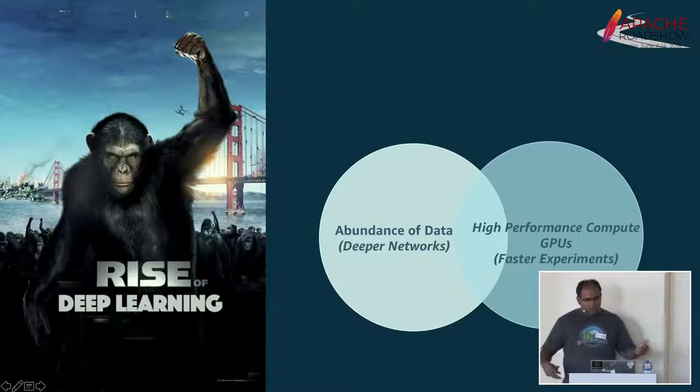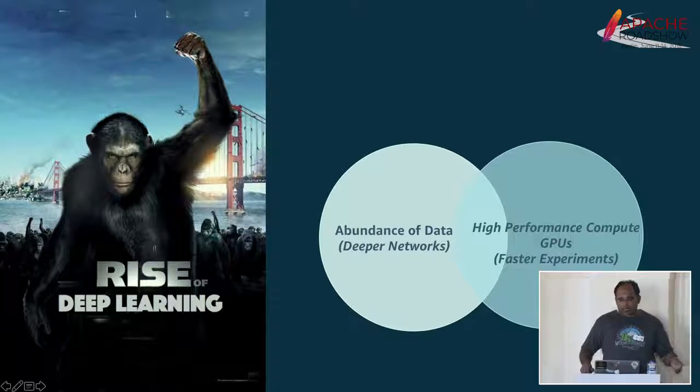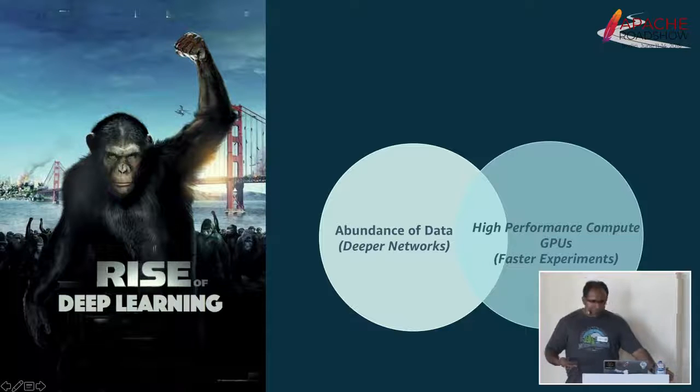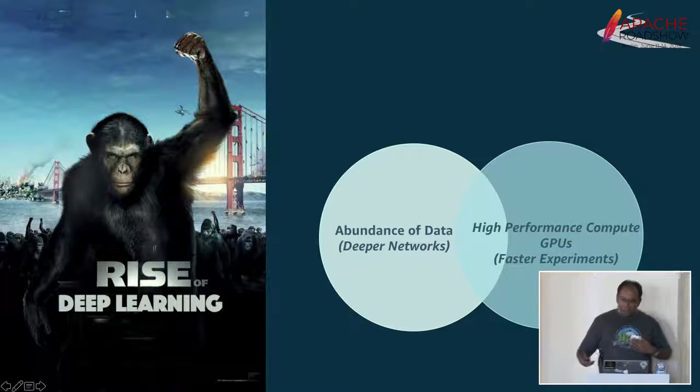And then you have high-performance compute. Here I mean GPUs. General-purpose CPUs have a few cores that can support only a small number of software threads, while GPUs have hundreds of cores that support thousands of threads. This is especially important for deep learning because if you look deep down in the neural networks, these are all linear algebraic operations that can be heavily parallelized. So with GPUs, we can get faster experiments and faster learning.